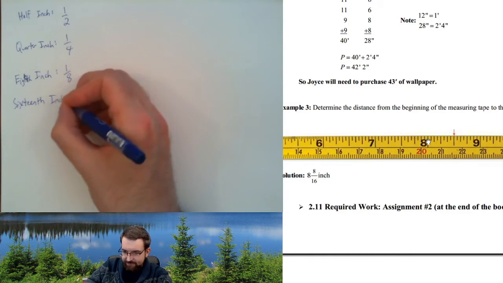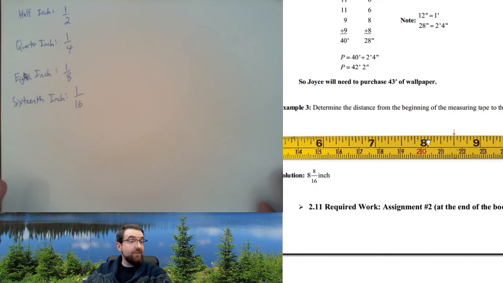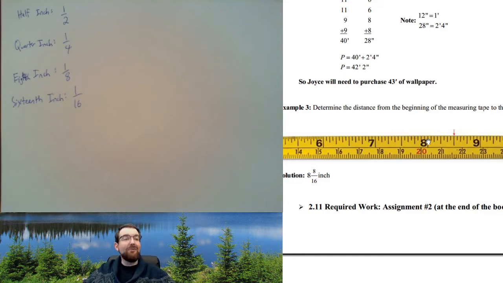Sixteenth inch, 1 over 16. Now, one saving grace of the imperial system is that it forces people to become pretty acquainted with how fractions work, which is one thing the metric system doesn't do. Granted, that's a small benefit. I much prefer that people measuring things for science and engineering can just use factors of 10 instead of factors of like 12, 60, and other such nonsense. But